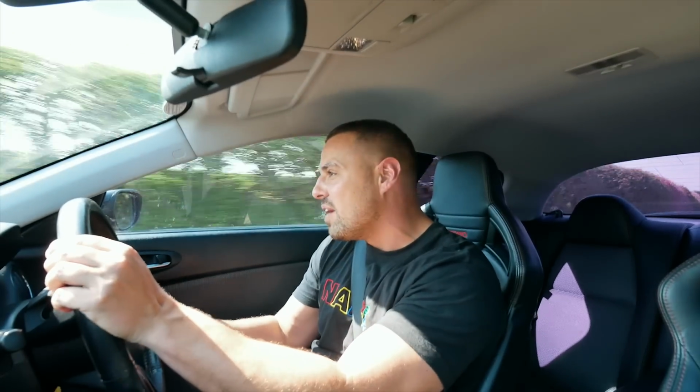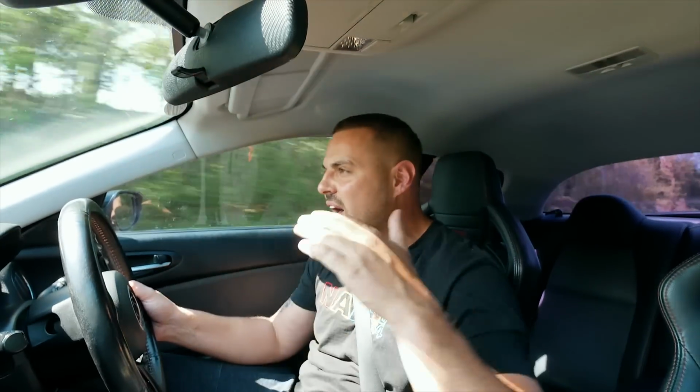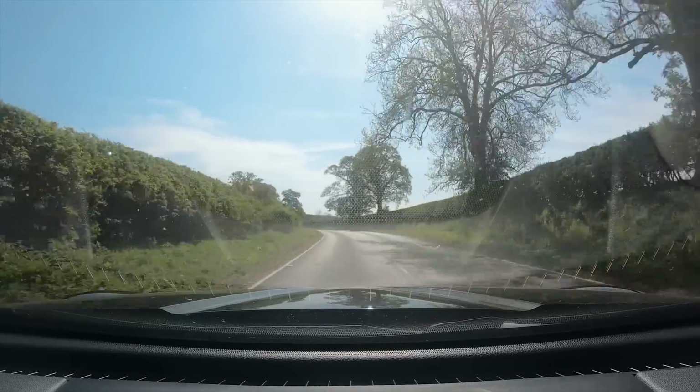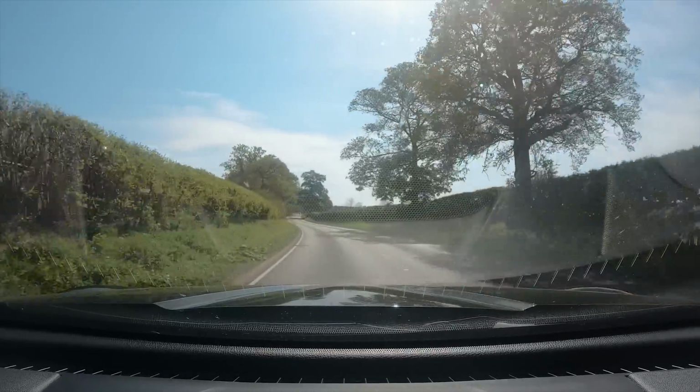Great fun to drive, and one thing I would say is the power delivery is very consistent. I did look online out of curiosity this morning at dynagraphs for Mazda RX8s because I was curious to see how they actually deliver power on a graph, and they're so consistent. Although apparently the peak power is at 8,200 revs, which is right at the top end